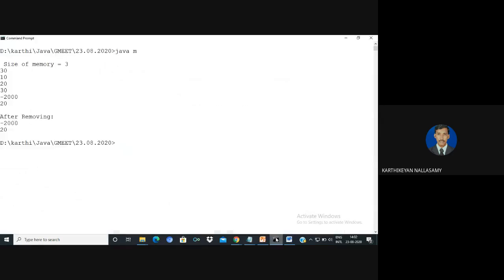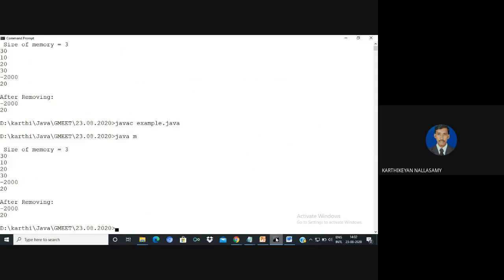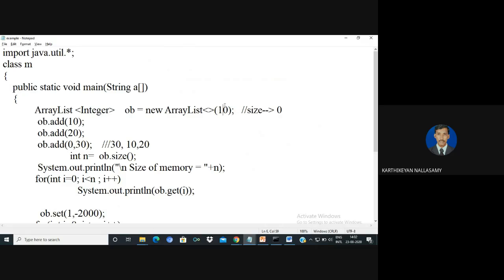So a maximum of 10 memory will be allocated, in which we are trying to store the values. Here the size is 3. But even though 10 memory is allocated, if you want to reduce the size, we can use trimToSize. By using trimToSize, the unused memory spaces will be removed.